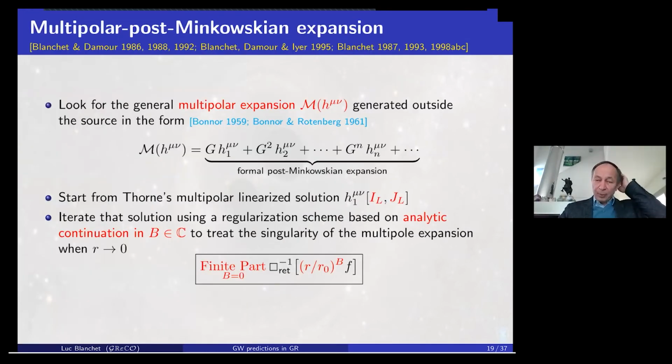The MPM approximation improved several aspects of the state of the field. So, as I said, you start from the Thorne linearized approximation and add all the post-Minkowskian corrections to that, and you can do that up to any order in the approximation. And for that, you use a particular regularized version of the retarded propagator, where you have a particular regulator which permits to treat multipolar expansions.